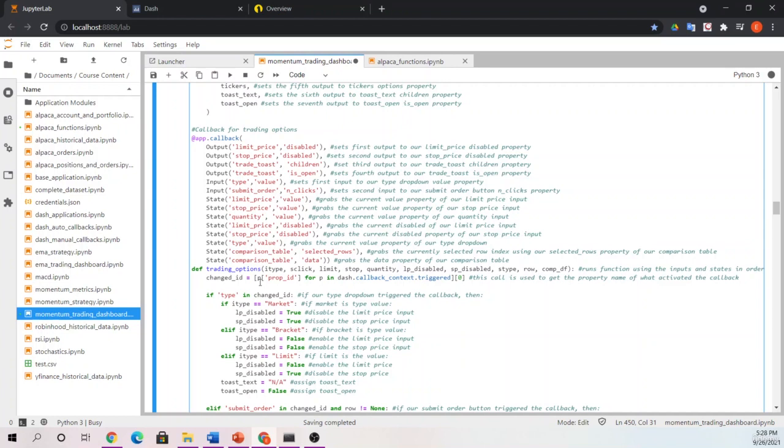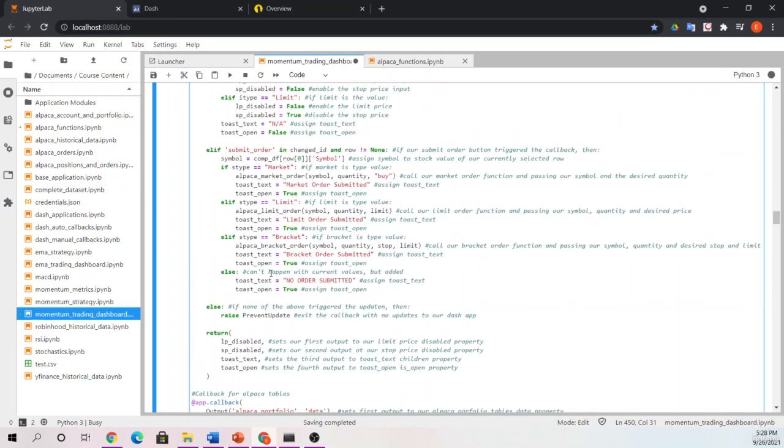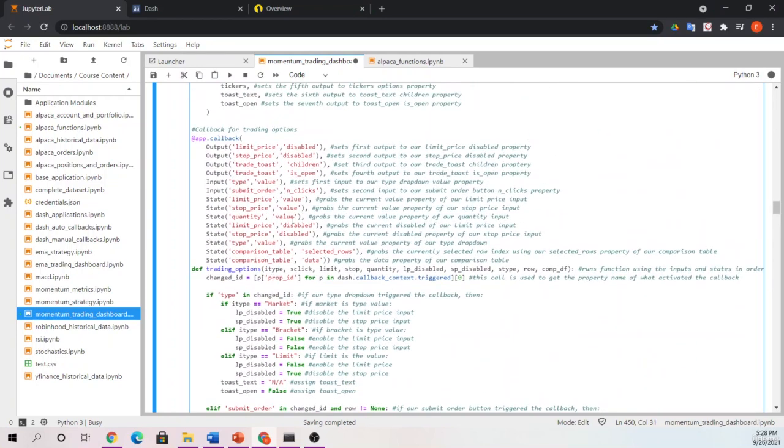I'm not going to try to jump into all of that detail here because I think we've covered it, and I'm sure you guys are tired of hearing me drone on about the order of the inputs, output states, and making sure your returns are right and the types you're pushing back are right. Just try to go through here, figure out what we're doing with each callback, and once you're ready, proceed to the next section